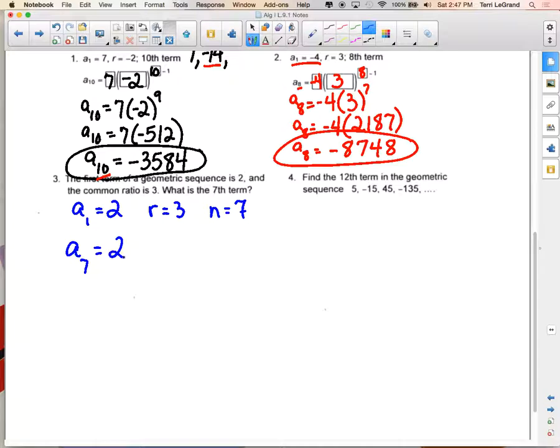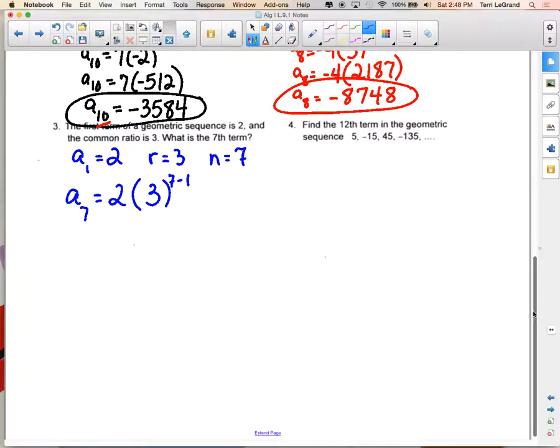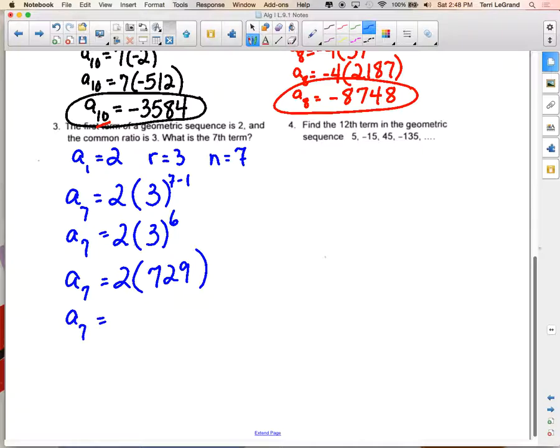We will get it by starting with the first term. Multiply that by the ratio, the r value, the constant ratio, the r value of 3 raised to the 7 minus 1 power. So now we will have a sub 7 equals 2 times 3 raised to the 6th power. What is 3 to the 6th power? 729. And now we'll take that times the first term of 2, so we will double it, and we will get